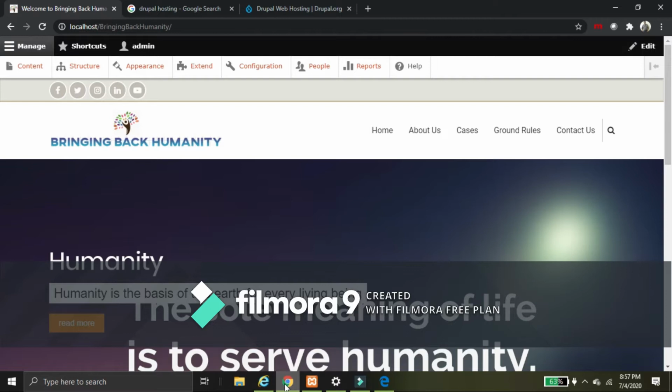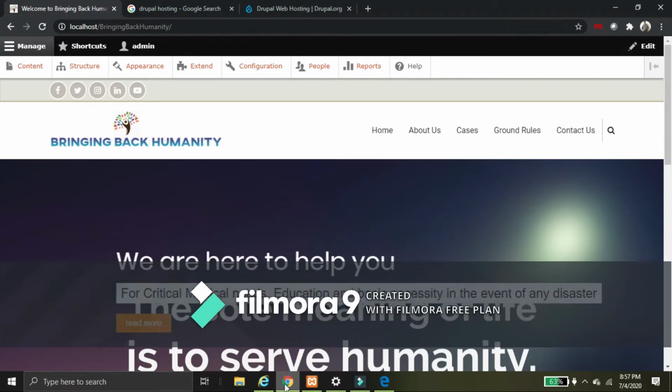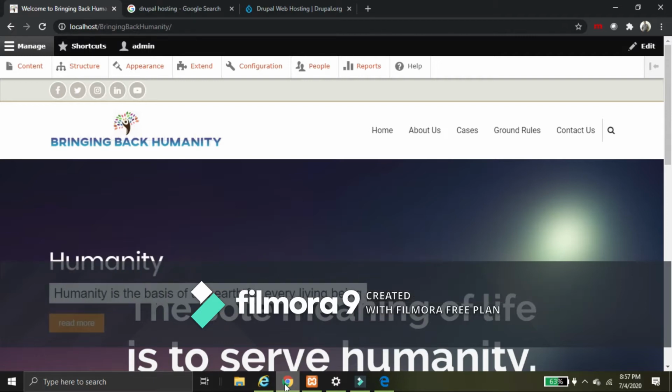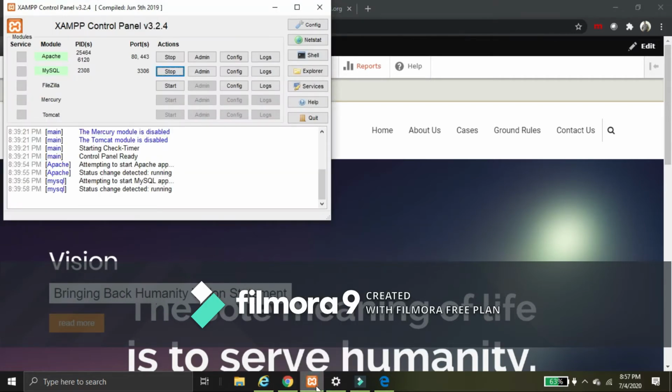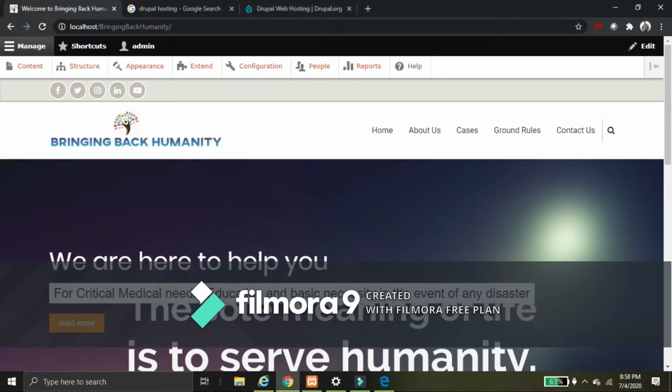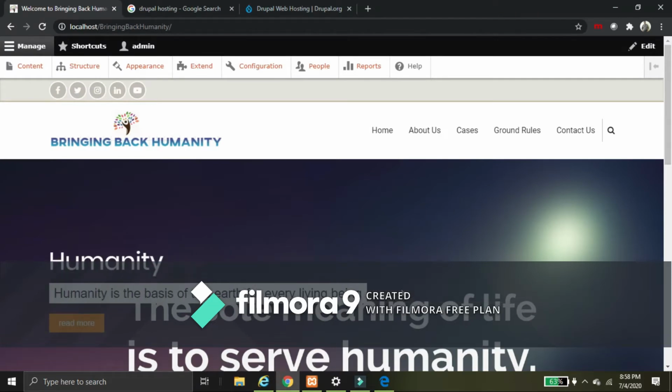So Drupal is mainly a CMS tool, which is basically developed with the PHP language, and I have built a small website using this Drupal tool. First of all, I installed XAMPP server, which will have Apache, MySQL, and other artifacts inbuilt, and then I have installed Drupal for this. So this is a website basically I have built